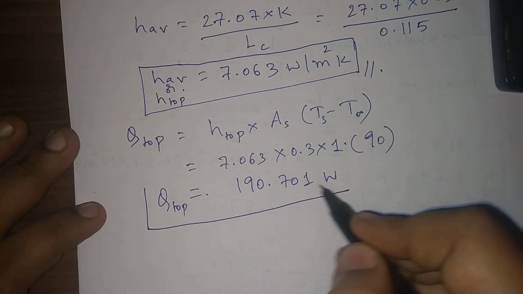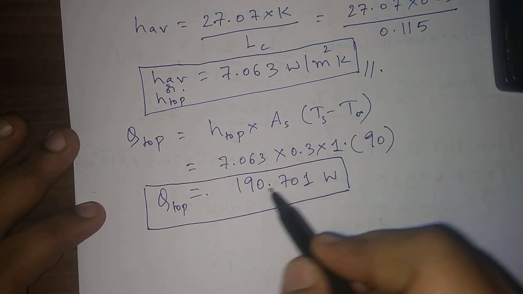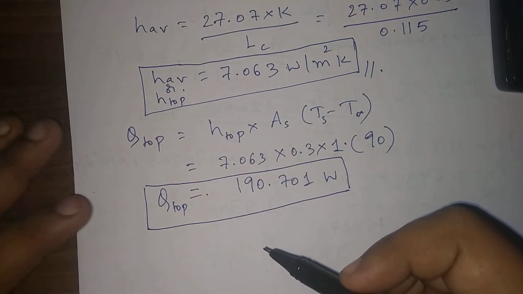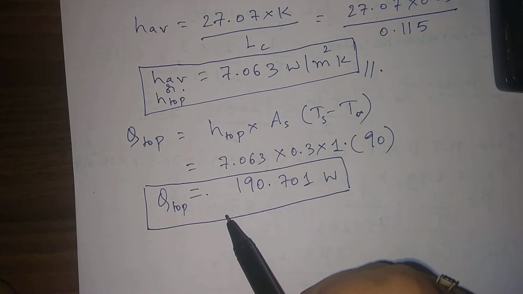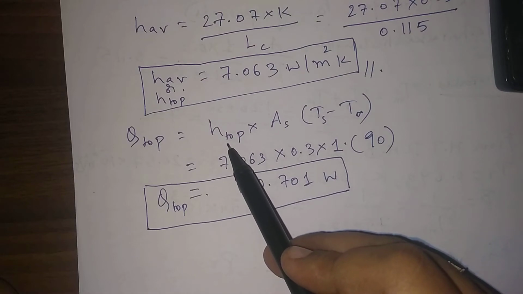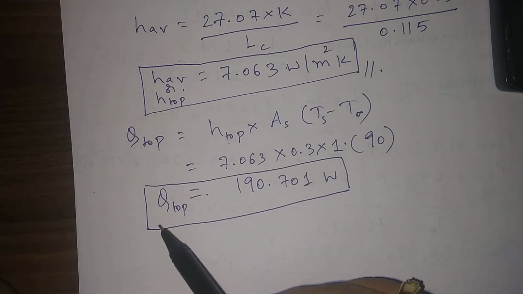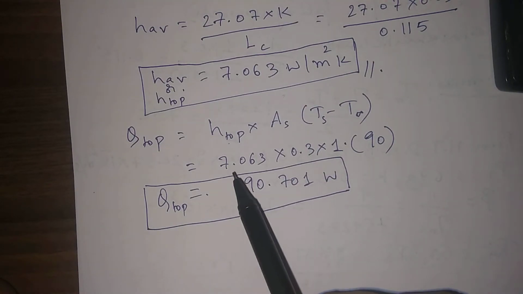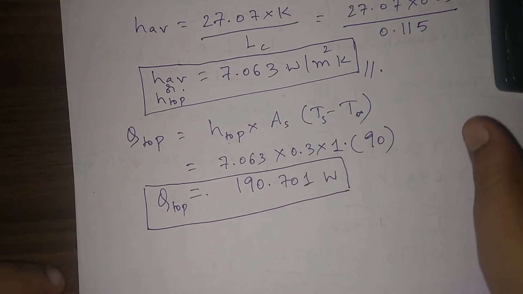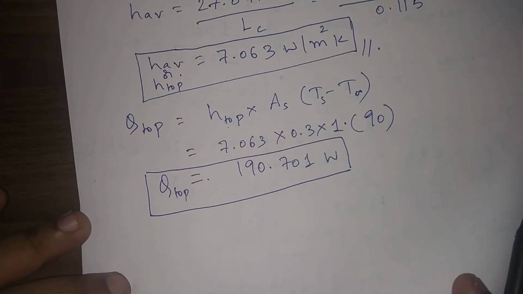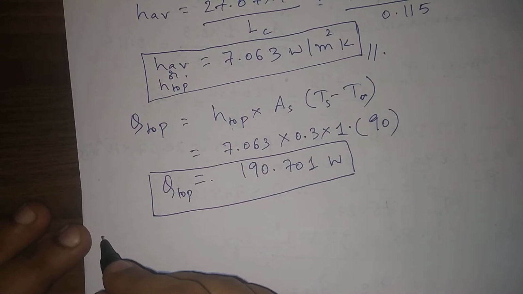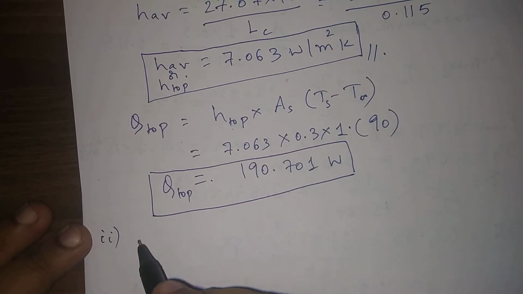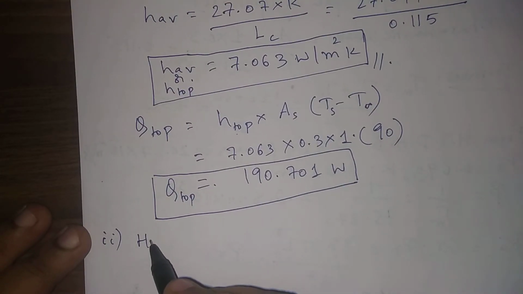Now in the case of a vertical flat plate, what we used to do? We used to multiply it by 2, correct? But in a horizontal plate, since H is not the same for top and bottom, we have to separately calculate the H bottom and separately calculate the Q bottom. That is the difference between horizontal and vertical position. Okay. Now in a similar manner, this is case 1, case 2 is hot face